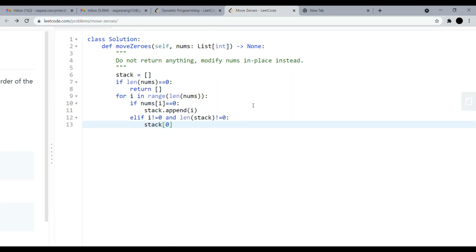Just swap nums of stack of 0 with nums of i. I'll just copy.